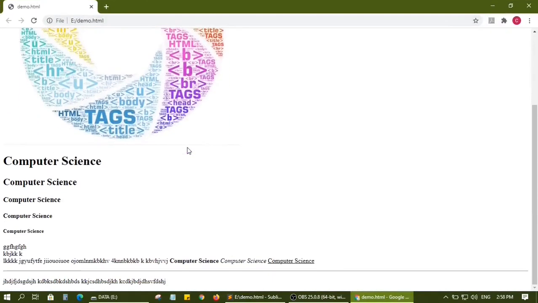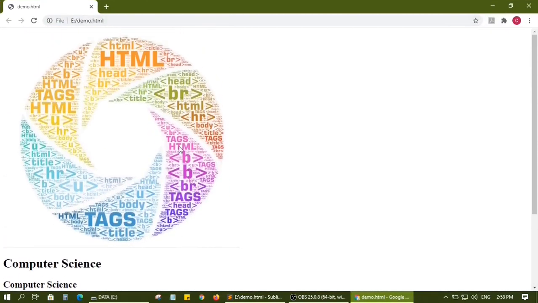So the output that I get is like this. You can see here that the image has been inserted, but this is a very large image and there might be cases where I need a very small image and I have to adjust the size.